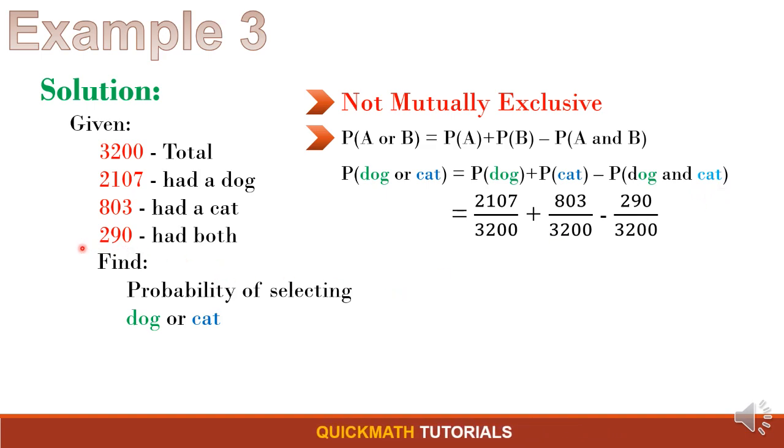So since we have here 290 who had both a dog and a cat, so we have minus 290 over 3,200. So to sum it up, we have